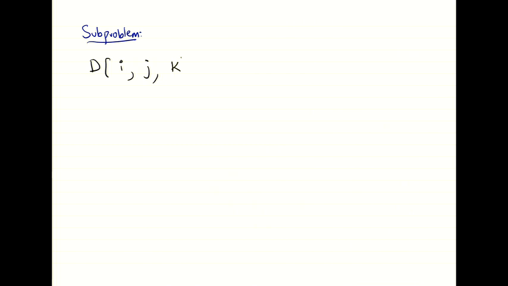Think of k as 1 through k. So what is d_ijk? This is the length of the shortest path from i to j